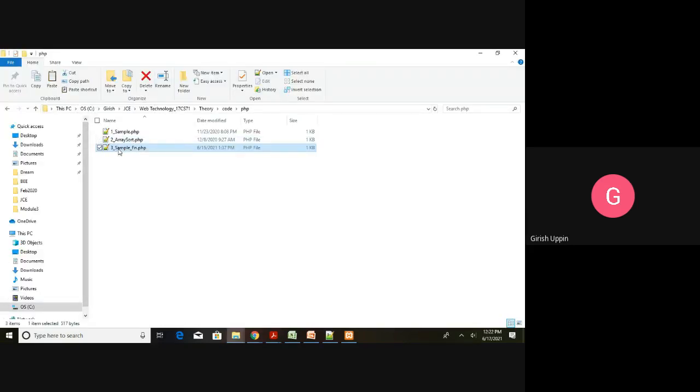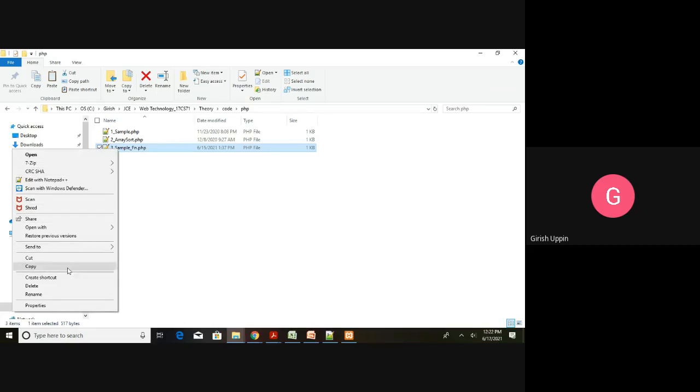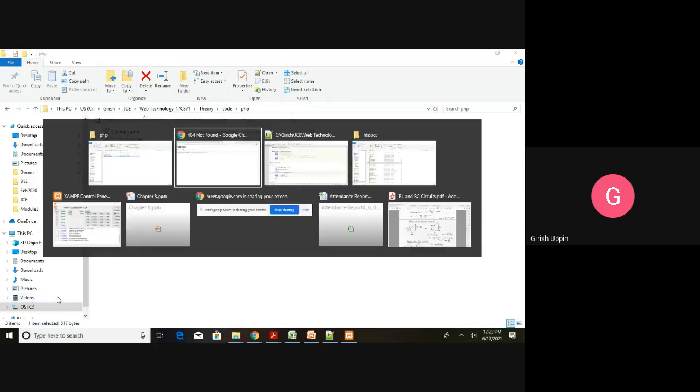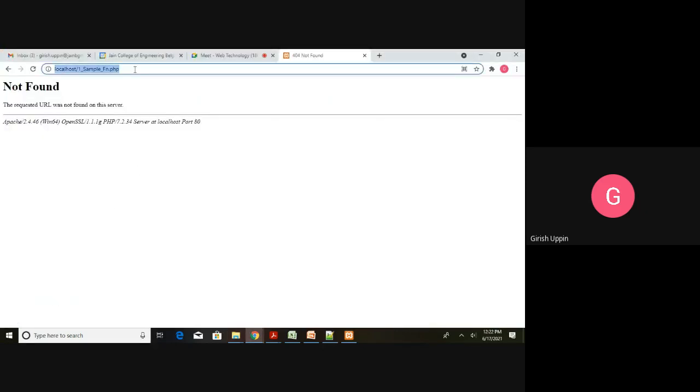Okay, sorry, it is three underscore. That's why we are getting the error. So it is always better to copy the name. It is not finding that resource, that's why it is giving not found. .php.